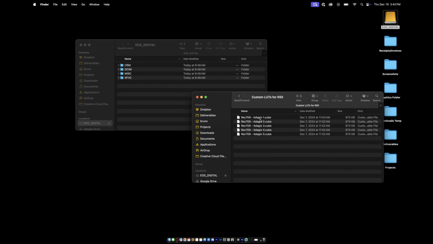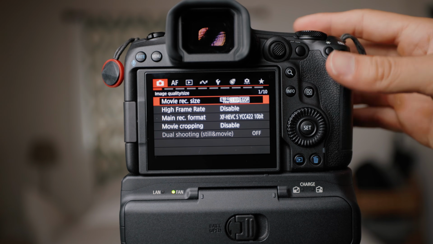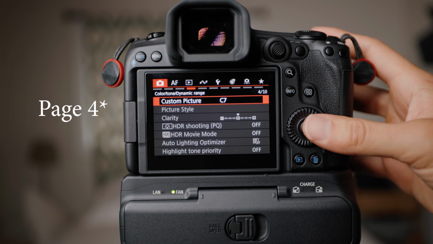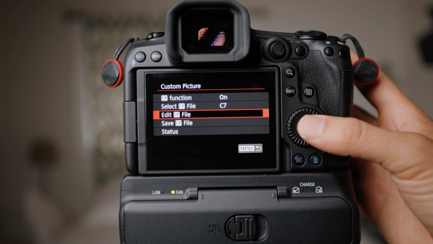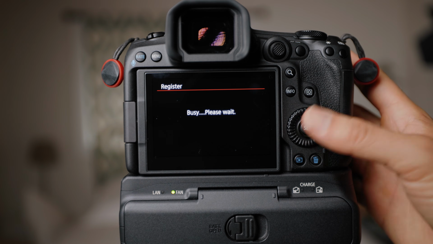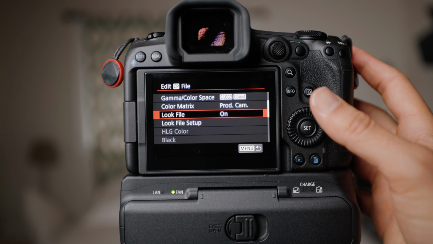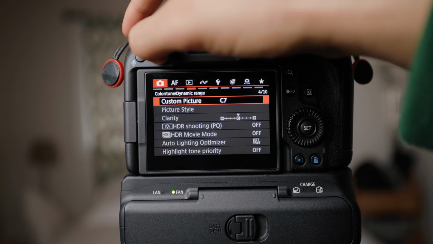And that's it. All you have to do is follow the steps for your camera for actually importing and using the LUT in your camera. If you want to know how to do it for the R5 Mark II, here's how. So we will import the LUT into the SD card, and then we can put the SD card back into the camera. We're going to open up the menu, and we're going to go to the Color Profiles page, which is page 5. And we're going to open CP, scroll down to the LUT registration, and we're going to select the LUT that we imported. Now we're going to go back a menu and go to the LUT and hit Enabled. Now when I hit back and go to Live View, my custom LUT is enabled, and it has the exact look that we made in Premiere Pro.